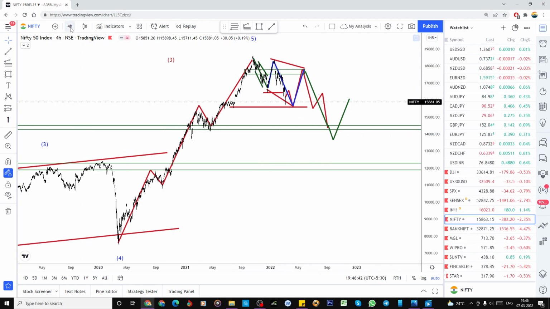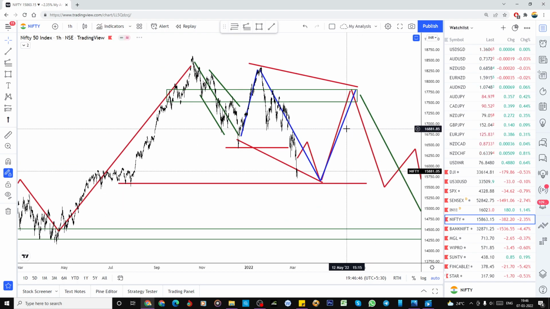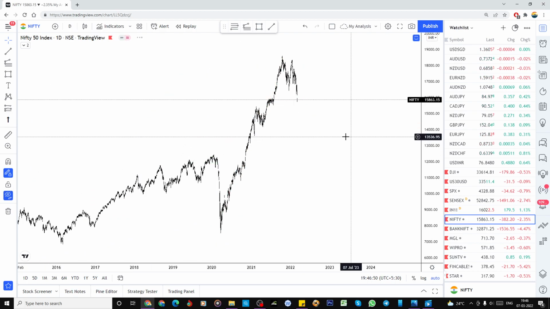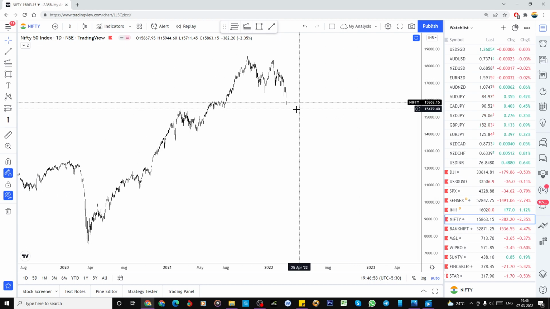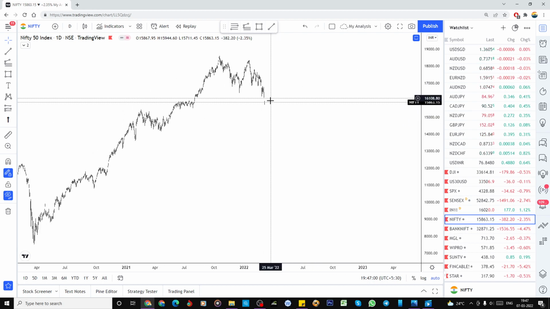But if you look into the hourly and 4 hour, you may get confused. And if you look in the daily, just hide all my drawings. It looks like A, okay, somewhat B, and C is already done. Like that we can label. But if the Russia and Ukraine crisis is still going on, again it may do like this, what I did in the 14,200. What I'm expecting is 14,400 to 14,200.